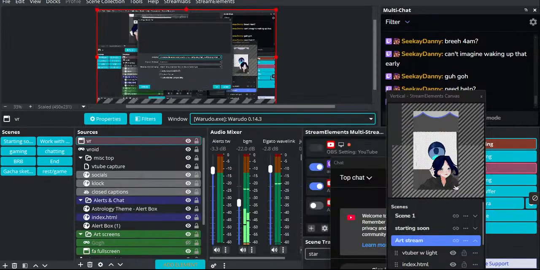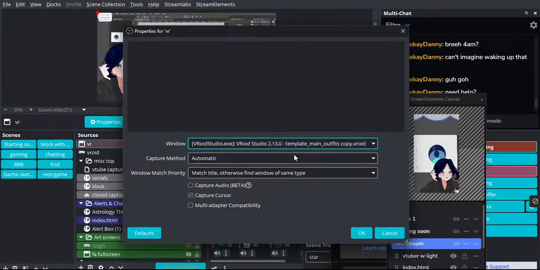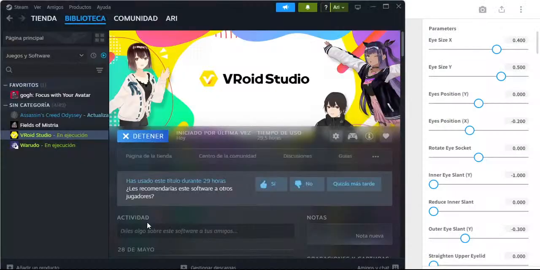Okay, let's see if it works with Barilla. Yes, it's window capture. And it is showing my current screen, which is not good. Wait.